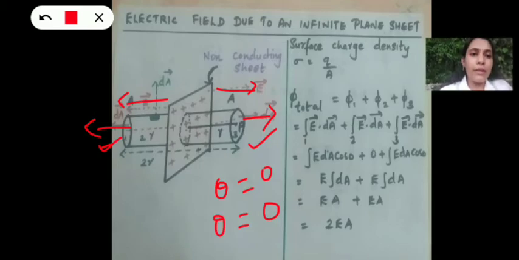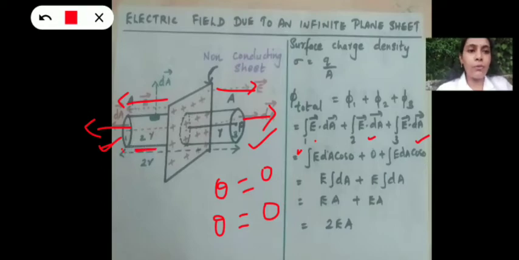So that is what is written here. The total electric flux is phi1 plus phi2 plus phi3, which equals integral E dot dA for surface 1, integral E dot dA for surface 2, integral E dot dA for surface 3. Here the first surface will contribute because it is an end surface, and E dA cos 0 is E dA. Then the second surface is the curved surface. It doesn't contribute anything, since the angle between electric field and area vector is 90 degrees, so it will be 0. And here again 3 is an end surface. It will contribute. So when you expand, you will get E dA cos 0, and you know E dA cos 0 is E dA itself.